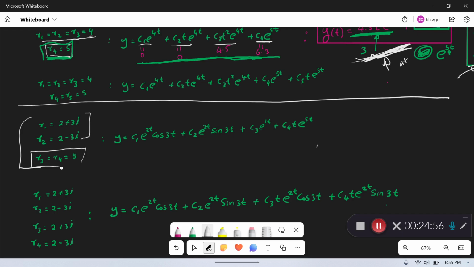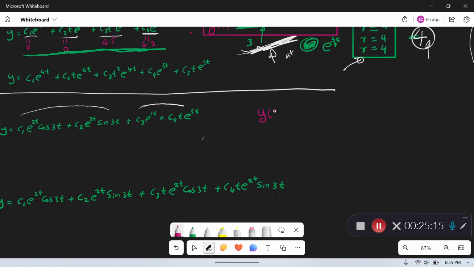For the complex numbers, you can see that they are not repeated and you follow this format. That's the one I have taught before. And for the repeated roots, you have this form. Now, say you have